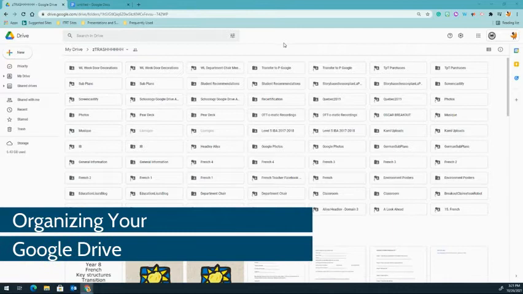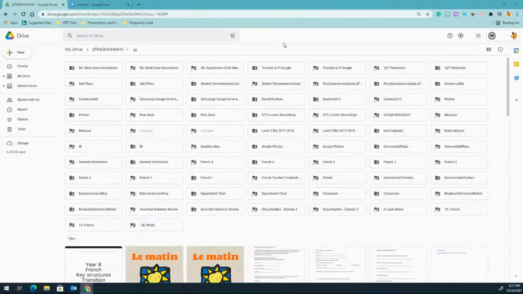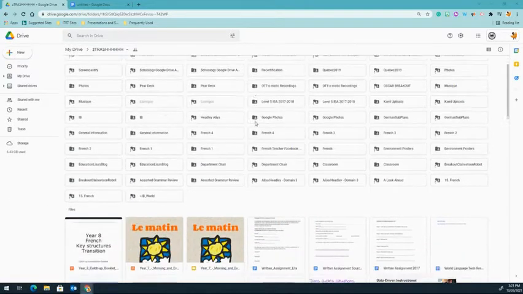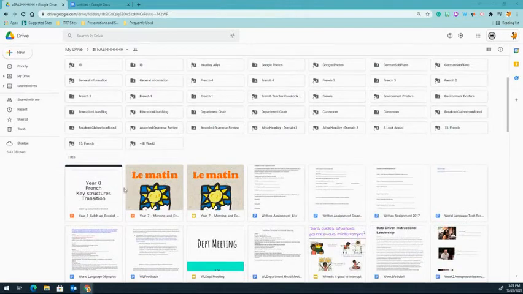In today's video, we are going to look at how you can organize your Google Drive. One of the first things that you want to do is make sure that every document that's in your Google Drive has a title. To do that, if you have a document that has no title, you can click it to open it,